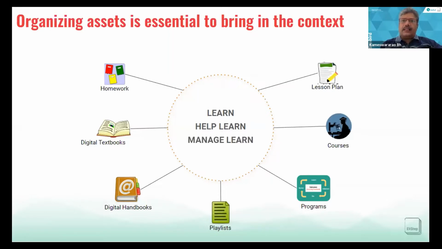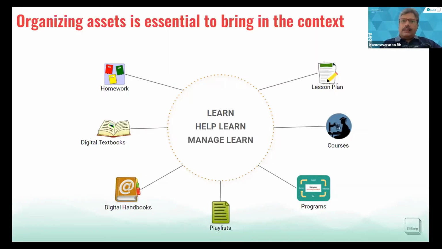So this entire sequence of actions and the assets related to them can be organized into certain programs, right? Where there can be a schedule defined, and these can be tracked using this program. So that's another completely different way of how you might want to organize assets. And there could be generic collections like playlists, where I would want to read these stories or complete these stories within a week. So you just combine it as a playlist and use it.